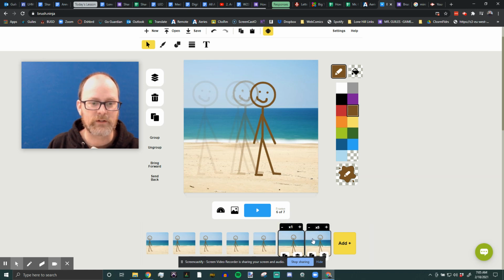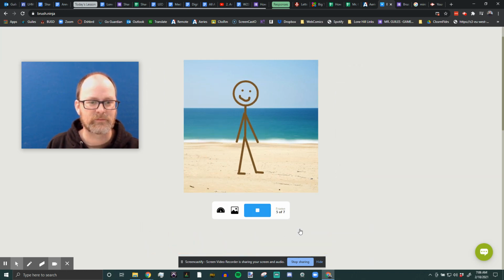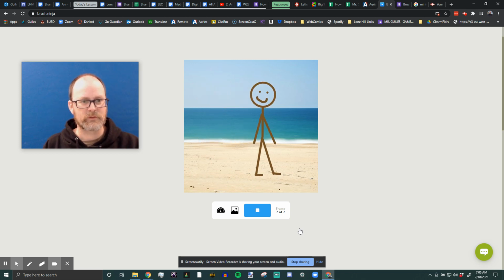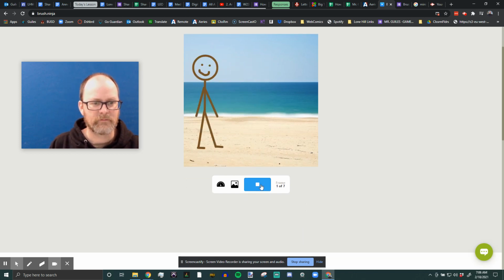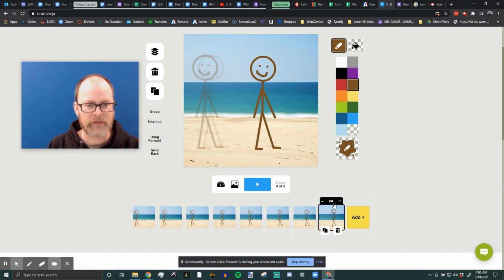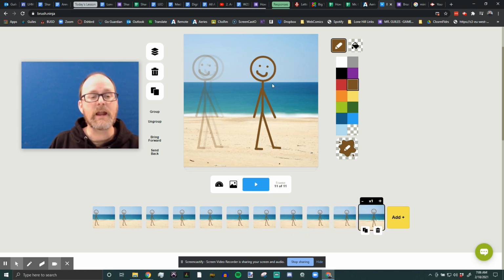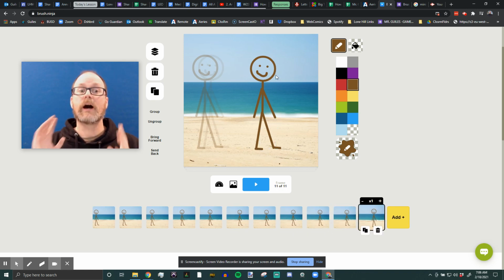I only really want to do that pause when I need it to slow down. So I'm going to hit play again. Yeah, that looks better to me. So he speeds up and slows down. So I'm going to duplicate this frame, but I'm going to get rid of that timing. Okay. So I'm going to have him pause here for a few more frames. I'm just going to use the duplicate, duplicate, duplicate. Then I'm going to have him look up.